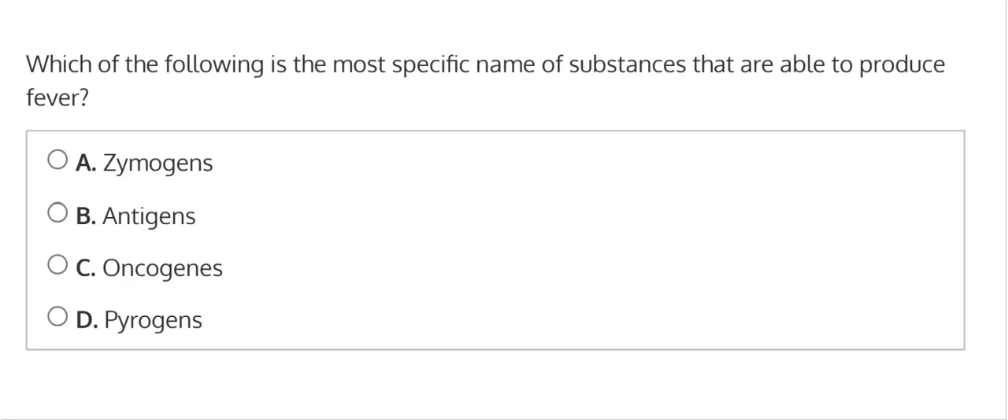Which of the following is the most specific name of substances that are able to produce fever? And the reason we say produce fever is because when we have our temperature thermostat, which we control, too hot, too cold, and adjust as necessary, there are some times where we might want to purposely, as the body, increase the temperature and cause a fever to try and kill off any potential invaders, so we can't allow